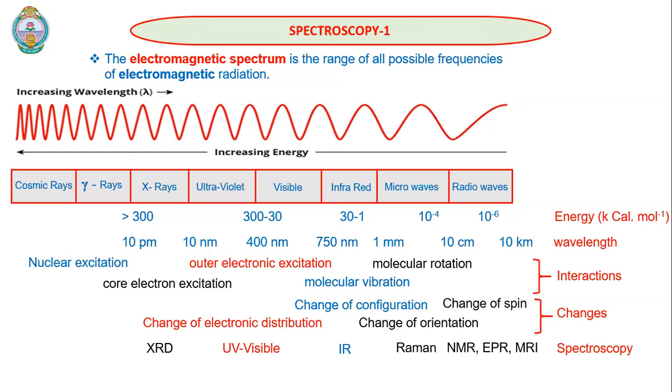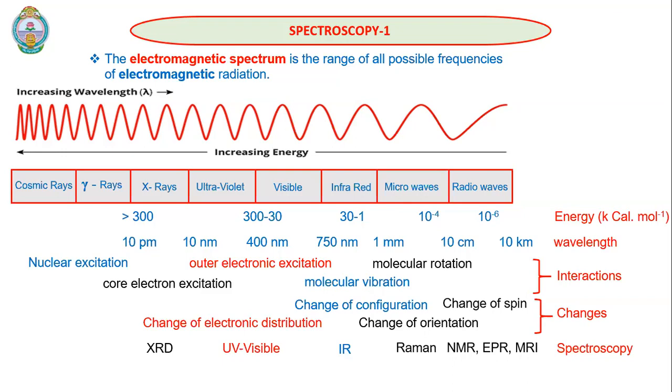Now think of gamma rays. Exposure to gamma rays is even more dangerous compared to X-rays. When we allow gamma rays onto a specimen, nuclear excitations take place. That means the nucleus will be excited from the ground state to an excited state. Because of that, changes in the nucleus will occur. When the nucleus changes, we are destroying one nucleus and creating another nucleus. That means we are completely damaging the sample.